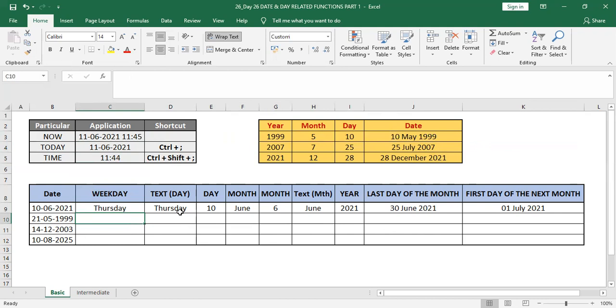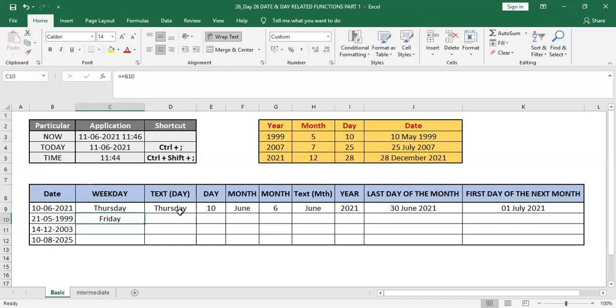So the table below is like a huge table, you can see. The same thing we are doing is using a few formulas and tricks to get it. Okay, so if I have to get the weekday, that means what is the day on that particular date, say 21st May 1999, what I have to do is one trick: plus, go to that date, enter.